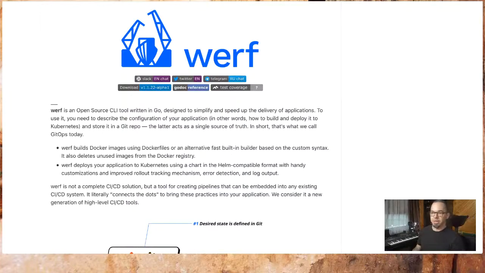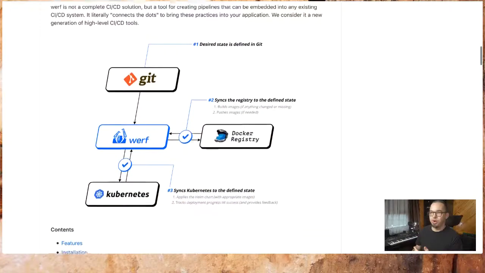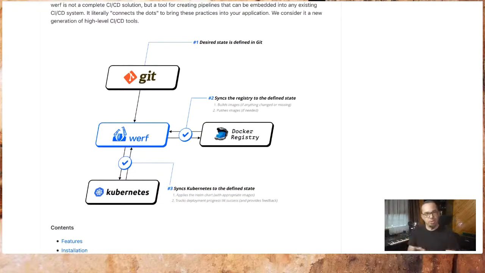Continuing down the GitOps path, we have Werf. This is a GitOps tool that pulls content from a Git repo, builds images, pushes them into a Docker registry. Let me show you their cool little graphic here so that you have visual animation of what I'm talking about. Pushes it into a Docker registry, and then it deploys apps to Kubernetes using a Helm chart that references the